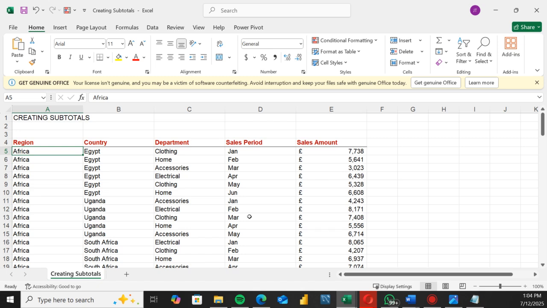I said I sent something. This one. Look at the group, creating subtotal, sent it earlier on. So sort the region, then let's also sort it by the sales period. Can we get January, February, March, April, May in order